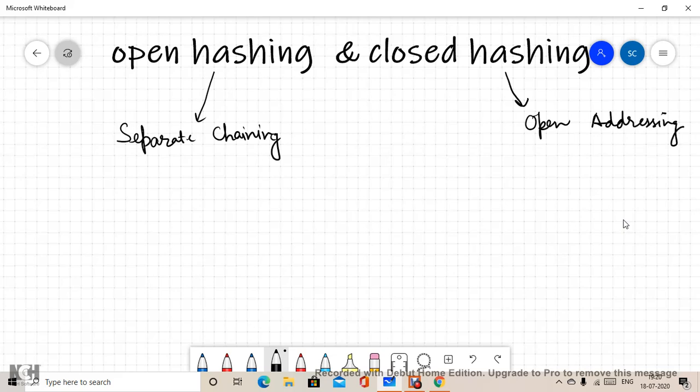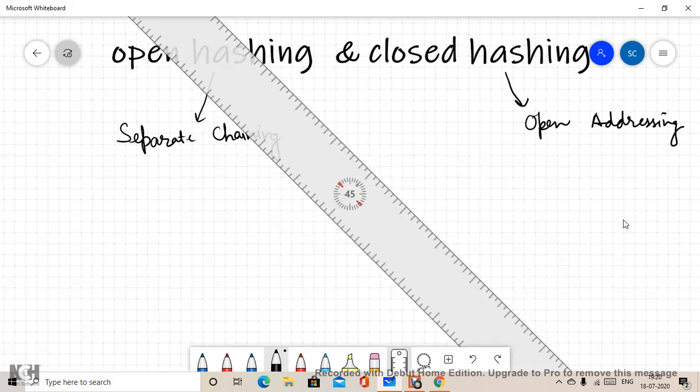I'm writing it so that you remember it. Don't get confused that in open hashing it is separate chaining, whereas in closed hashing we call it open addressing. Students most of the time get confused with open hashing as open addressing in terms of synonym. Please don't get confused.